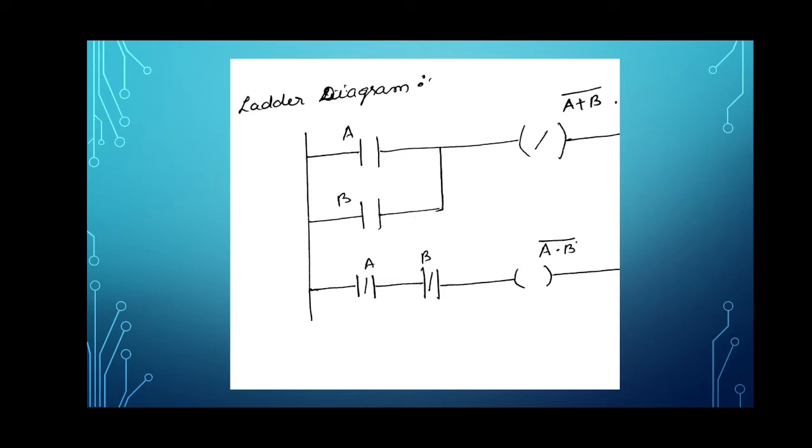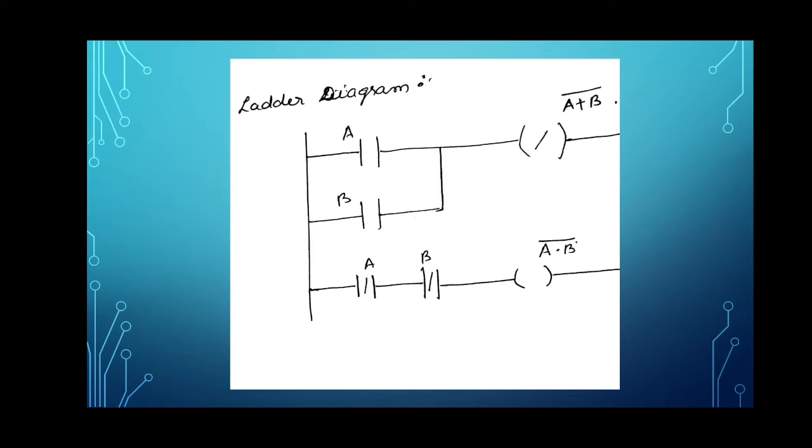Here inputs, that is normally open inputs and normally closed inputs are also used. So, normally closed inputs show us the inverted operation. So, here if A or B, if anyone is high, the output will be high, but here we want the inverted output, so it is A plus B bar.